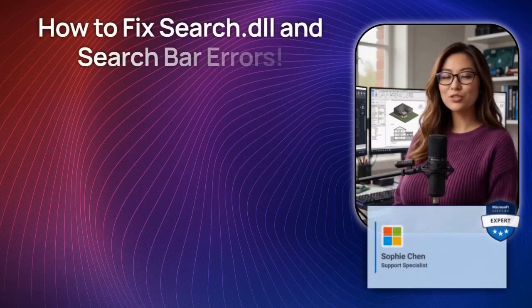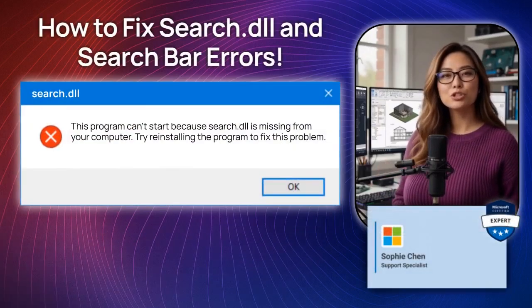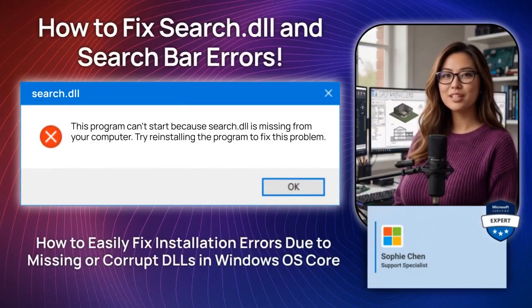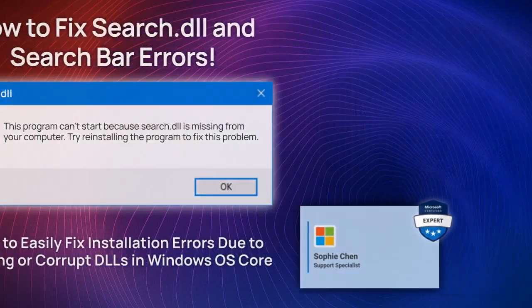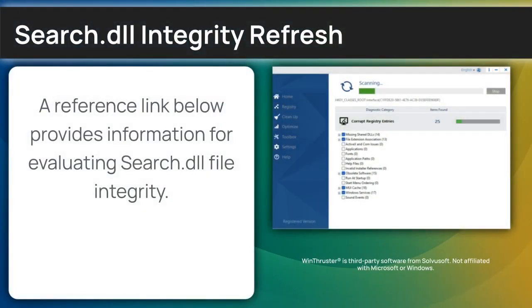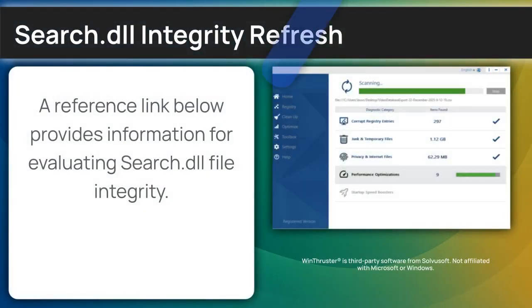Need to fix the Search module DLL? I'm Sophie Chen, a senior Windows support engineer, and I'll walk you through the professional restoration of this core file. Before we get started with Search module, you may want to try the diagnostic path below to ensure your system